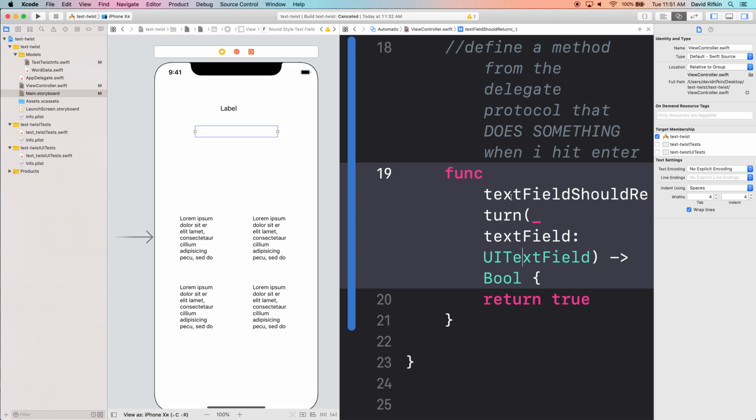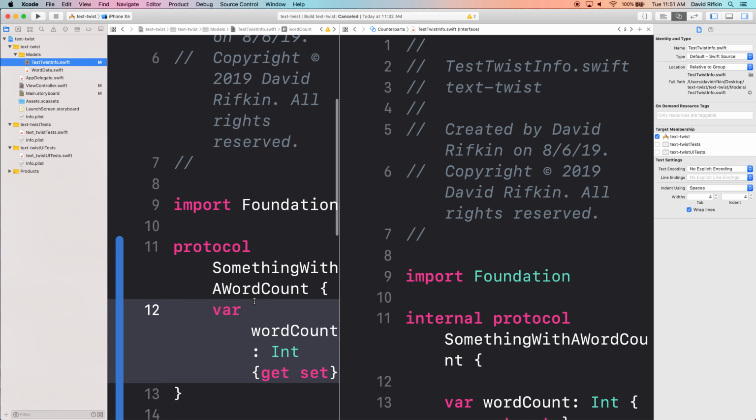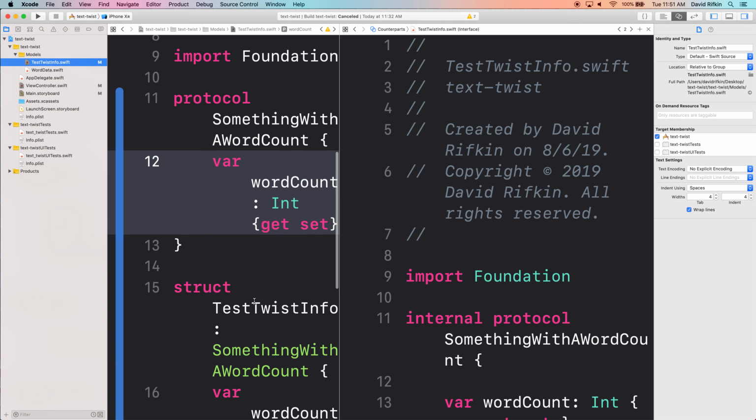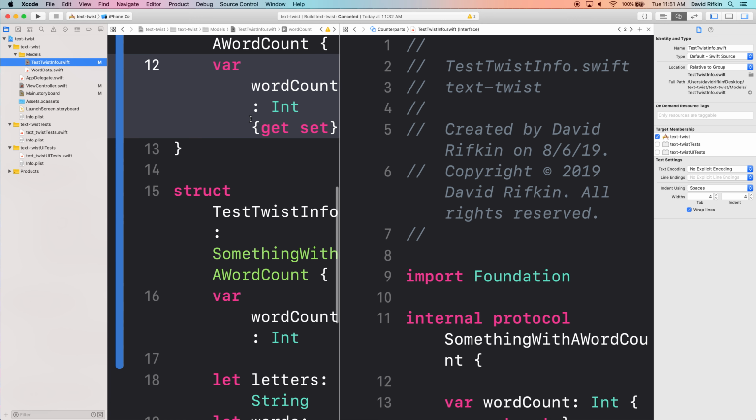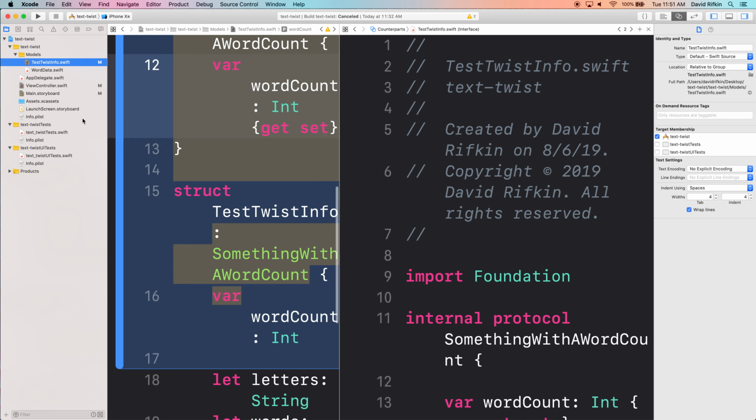I have a question. Is that function specifically available because we type in UI text field delegate? So it would never be available. Yes. So it works exactly like this protocol works that we set up. Your protocol is giving you some properties or behavior that you can then use in your new type. So your type